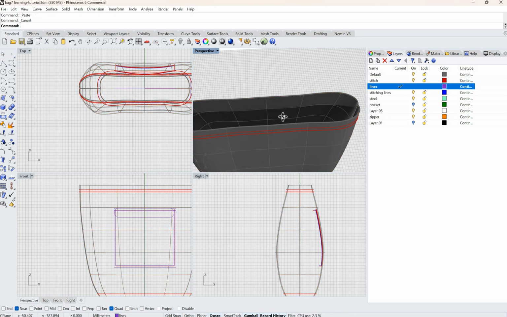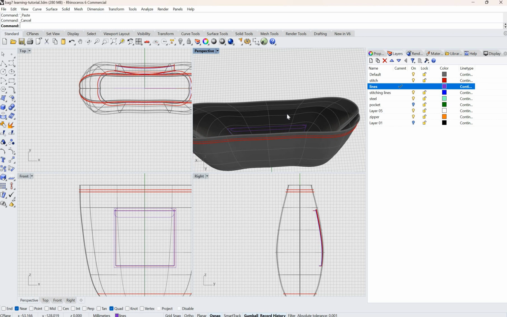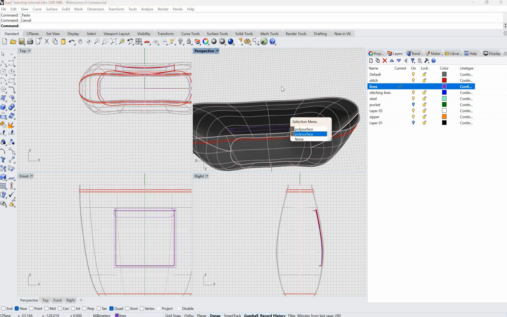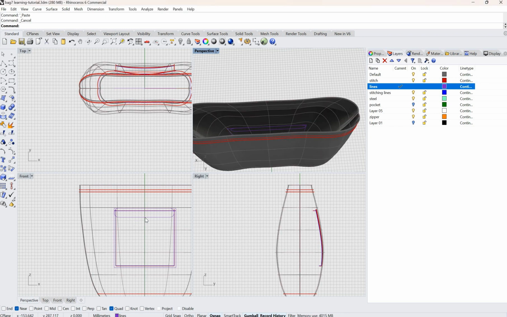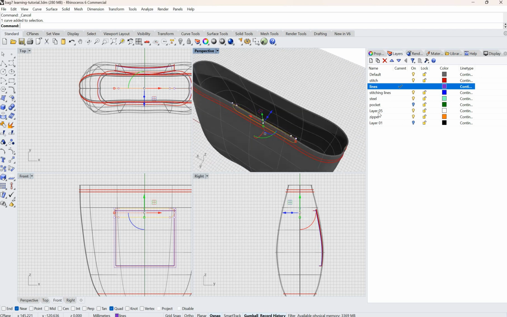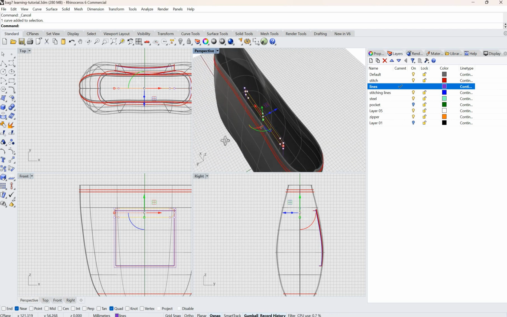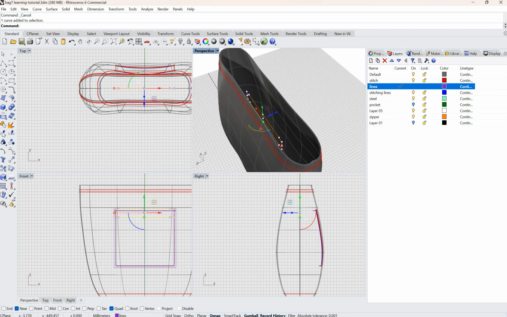That way I would have two layers, so two poly surfaces. And to this one I'll go in this direction, this perspective, and I'll trim this,